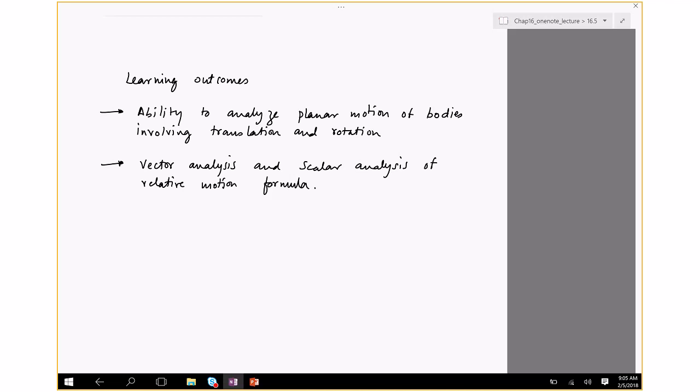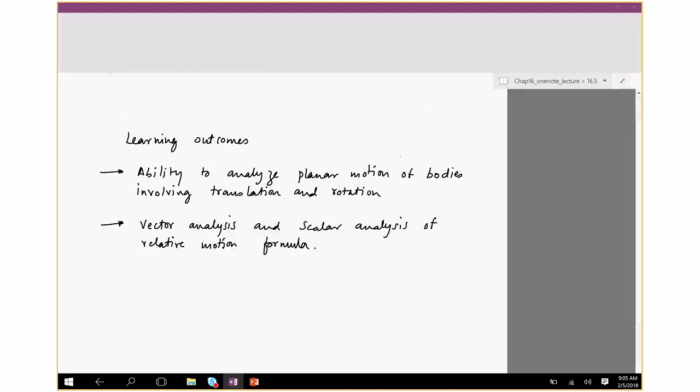Linear speed of points, angular speed of bodies using the relative velocity formula, which I'll introduce, and then I'll show you two methods of using that formula. So a brief overview of concepts. Okay, so the equation, the relative velocity formula